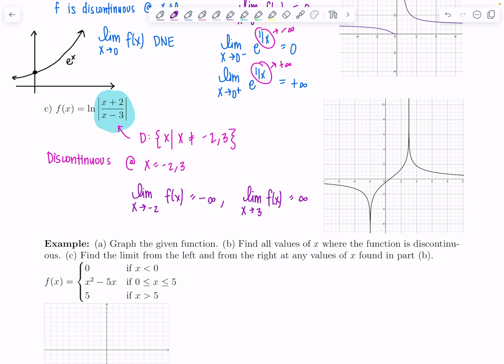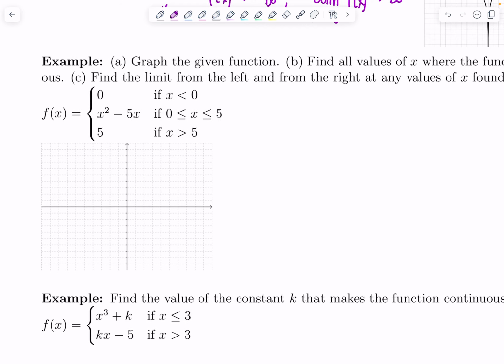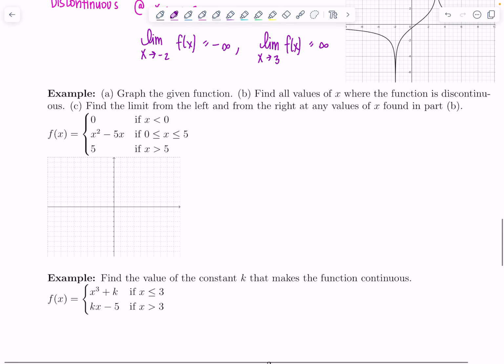Very good. Okay. So now we've practiced using that theorem, that rule that tells us we can identify discontinuities of many functions just based on looking at their domains. And I said one kind of function doesn't apply, piecewise defined functions. So now we're going to look at some piecewise functions and investigate them. So here's what our task is. Graph the given function and then find all values of x where the function is discontinuous. And then lastly, find the limit from the left and from the right at any values found in part B